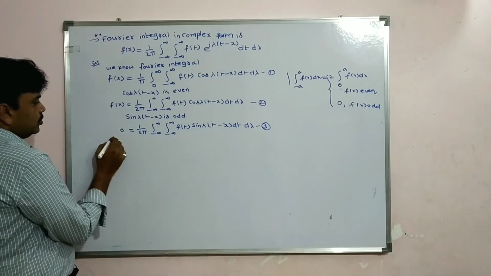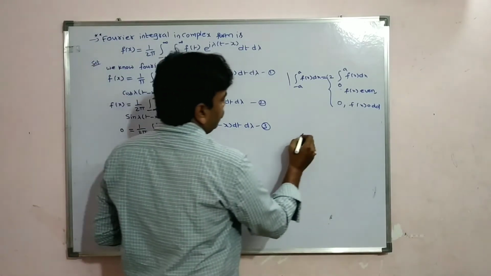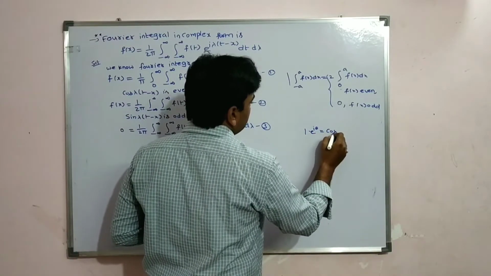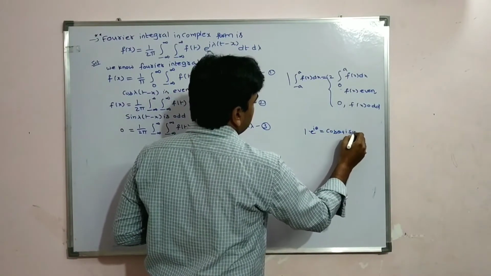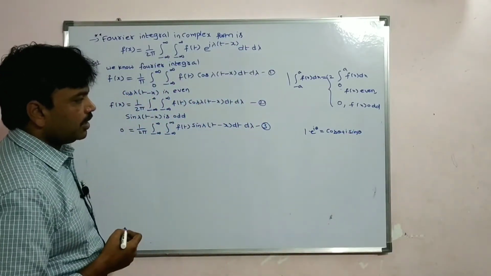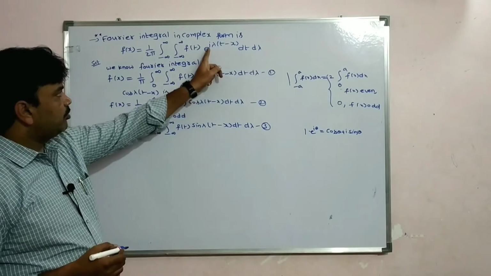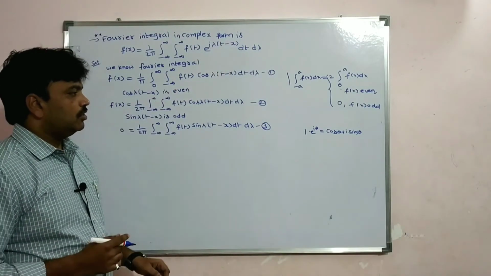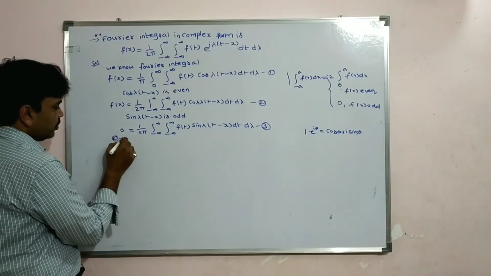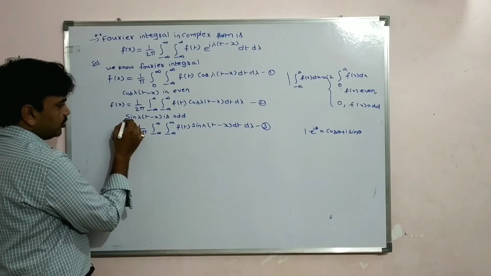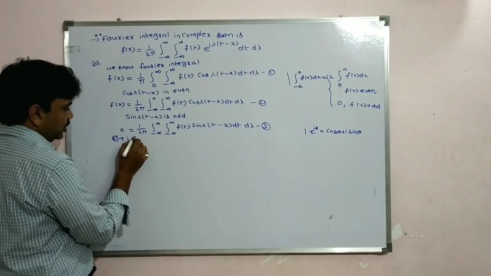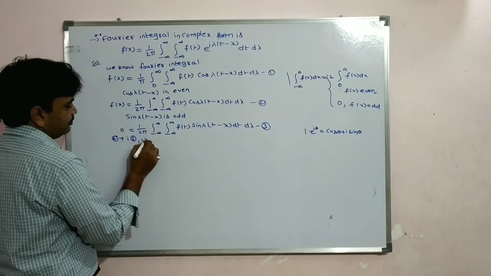So we have a formula: e power i theta is equal to cos theta plus i sin theta. So I want to get e power i lambda (t minus x). Tell me, students, here 2 plus the sine term contains i, so multiply 3 with i. We get,